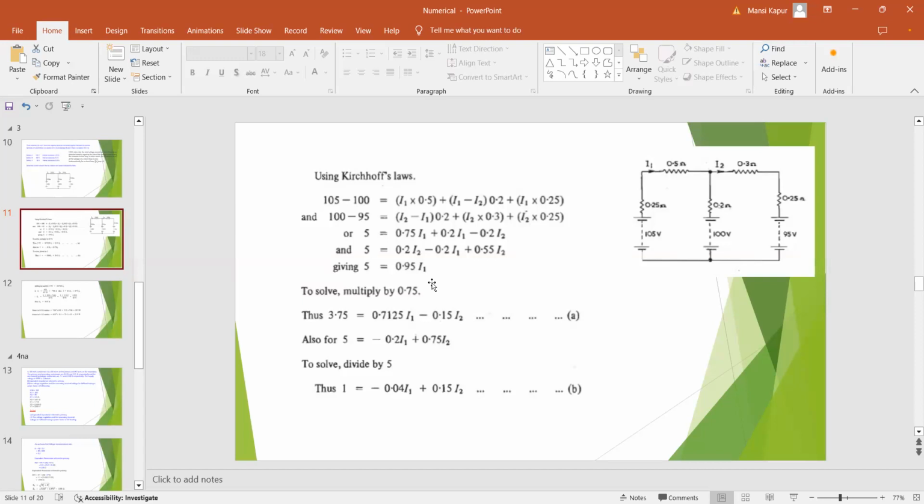Okay. Now multiply equation number 1 with 0.2. Multiply equation number 1 with 0.2. Okay. And multiply equation number 2 with 0.95. And then add both the equations. So we will get like